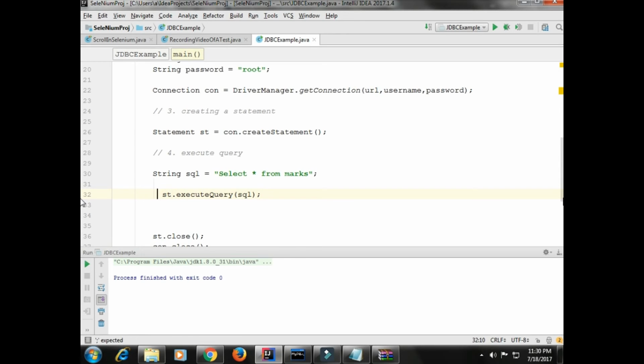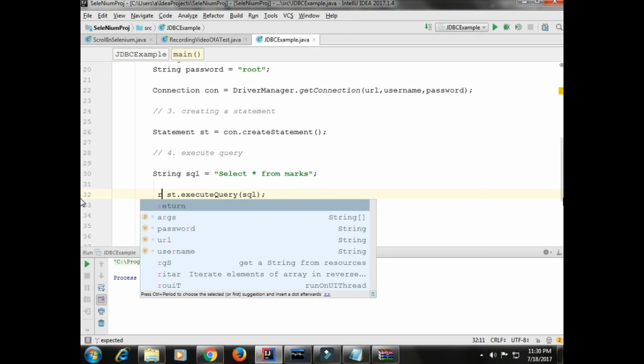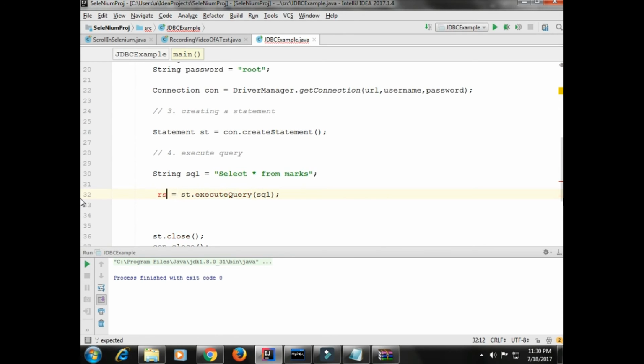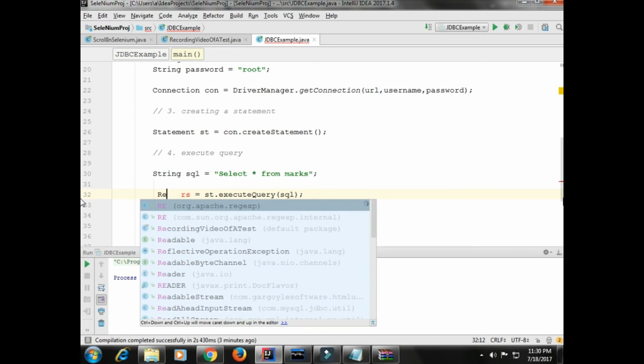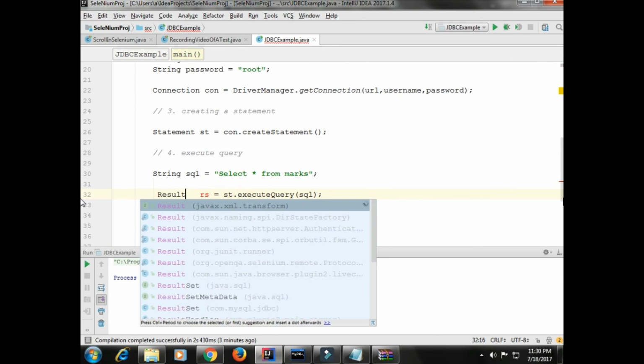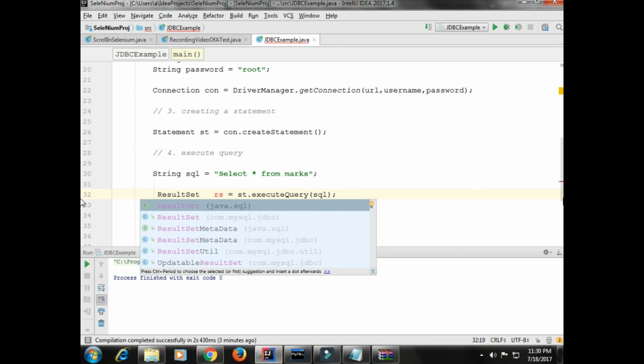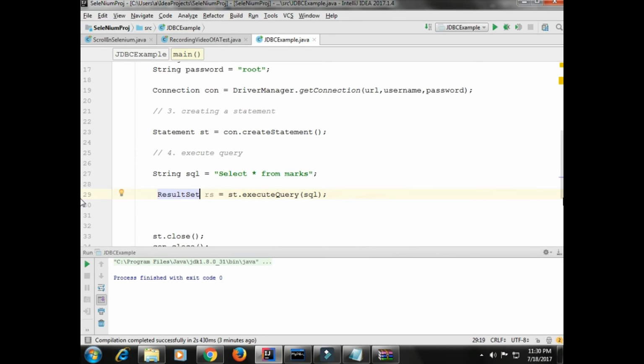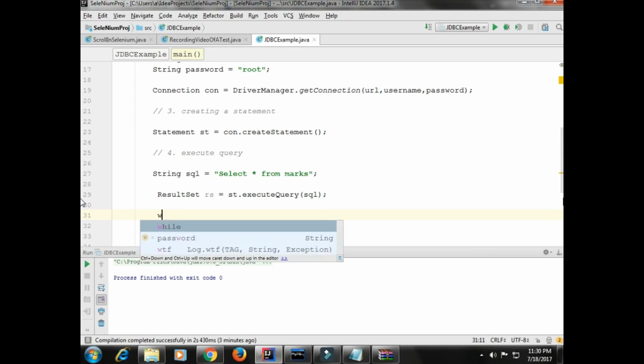The set of all the records will be returned in a result set. So we will write rs, that is, it is an object of ResultSet, rs is equal to st.executeQuery, and then we will use a loop